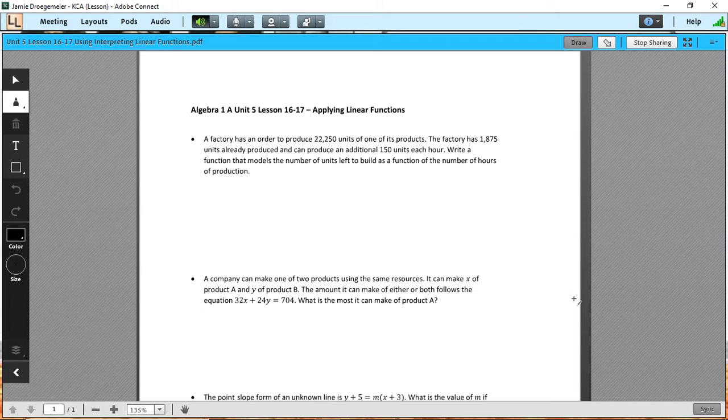Our first one here says a factory has an order to produce 22,250 units of one of its products. The factory has 1,875 units already produced and can produce an additional 150 units each hour. We want to write a function that models the number of units left to build as a function of the number of hours of production. All right, so let's first define a variable. We want to figure out the number of units based off of the number of hours. So let's have h represent our number of hours,